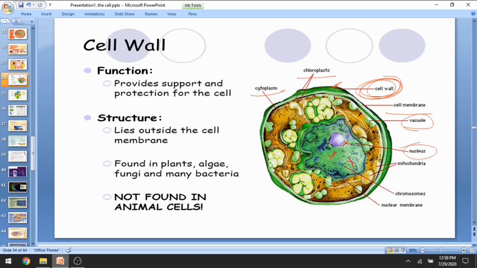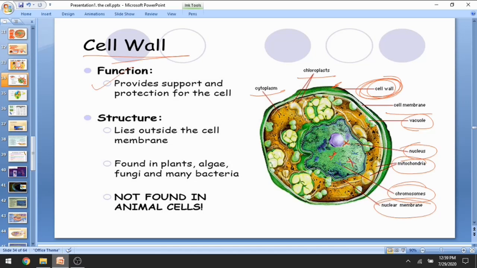Nucleus, a dense oval shaped organelle at the center of the cell, helps in protecting the genetic material within it. Mitochondria, the powerhouse of the cell, generating energy. Chromosome acts as the genetic material, secured within the nucleus, with a nuclear membrane that maintains the entire shape of the nucleus. So if we talk about the cell wall, students, the main function of the cell wall is to